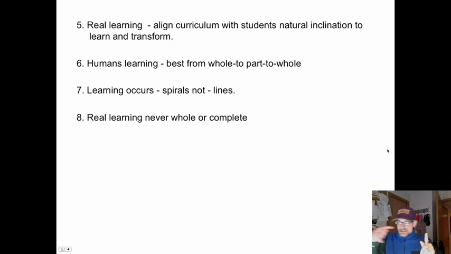Learning occurs not in lines. It's not like a car going down the assembly line and you add parts. Learning occurs in upward, evolving spirals. We need to touch knowledge and skills many times at successively higher levels. Think about learning to be a teacher. The traditional motto, which I disagree with wholeheartedly, says that you simply go through the conveyor belt, we put knowledge and skills on, and when you come to the other end, you'll be all learned up. Well, that does not happen. We do not create finished teaching products. We create the conditions where you are better able to begin to learn the process of teaching. But you will touch these ideas at different levels.